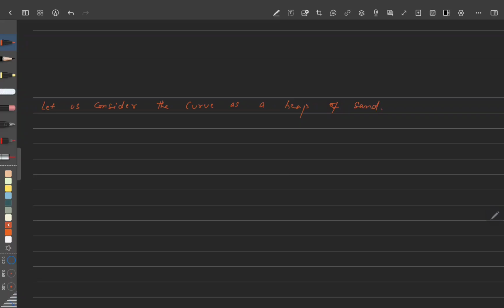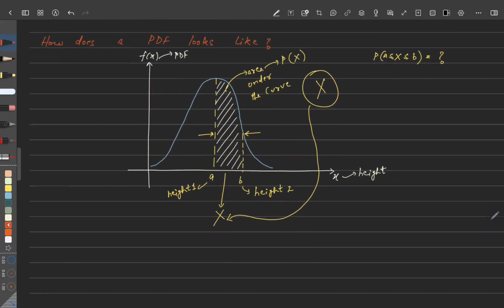And then let's make an analogy with the heap of sand and curve. Analogy between the heap of sand and the curve. So remember, this is the curve, and let us make the analogy. Okay. So analogy would be something like,